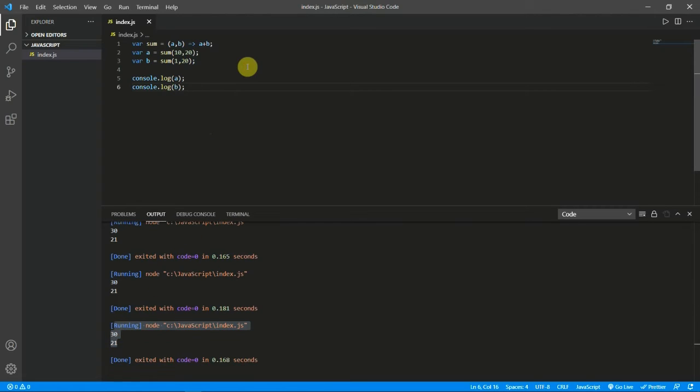So this makes the function syntax very small and easy. This is called an arrow function. So here is a variable sum, and I am assigning the sum two parameters, and then I am using the arrow and telling a plus b. So when we are calling sum with 10 and 20, we are getting the return value of a plus b.